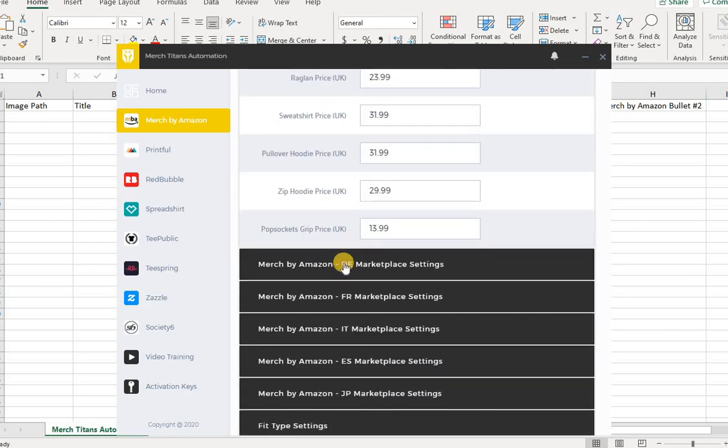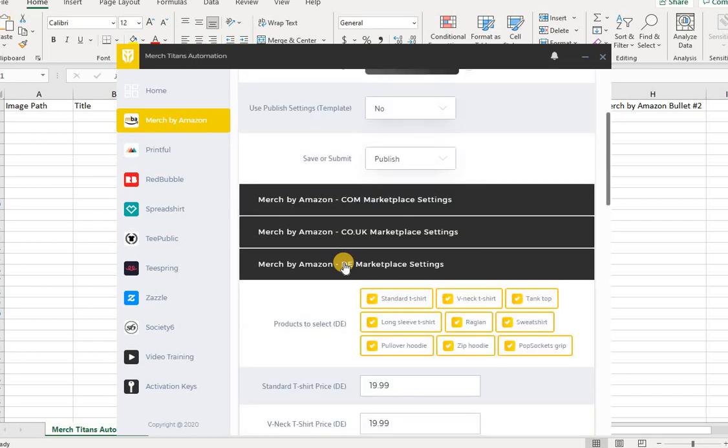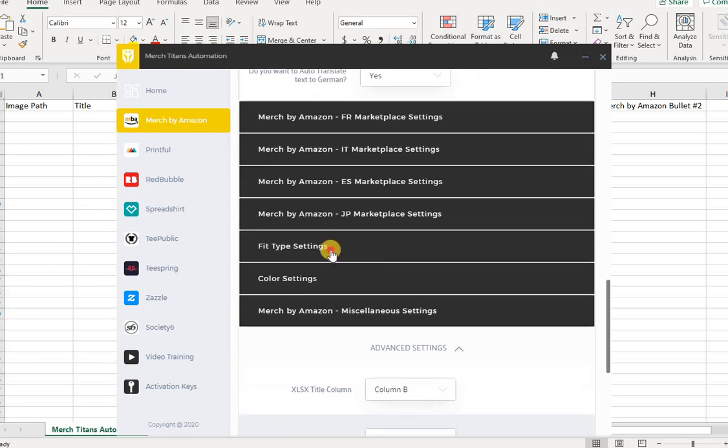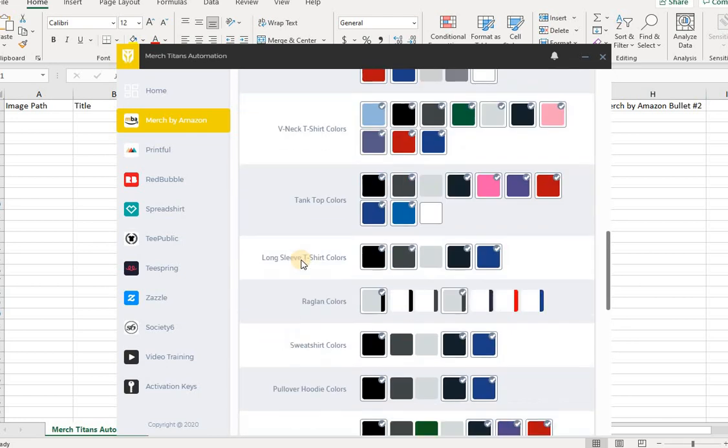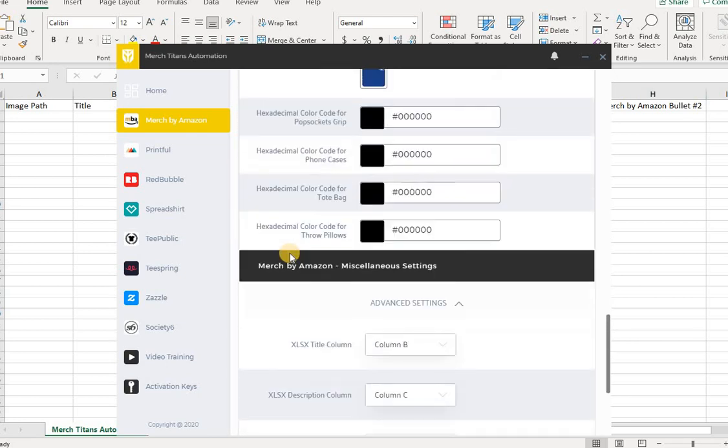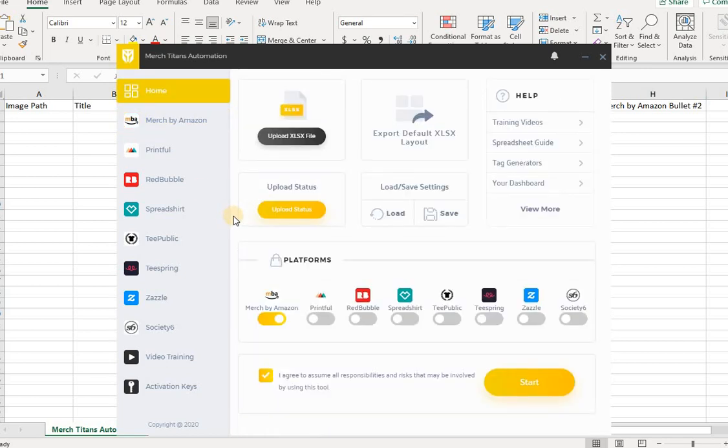So that's why I said the first time you do it, it will take some time. But again, you go through all of this, and as you can see here, my fits, my colors, everything else is already selected. So that's it. I'm going to leave it, like I said,